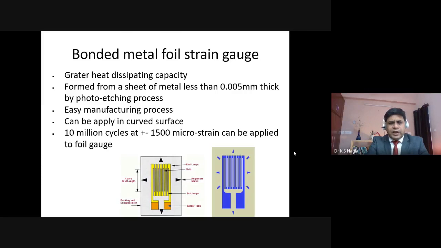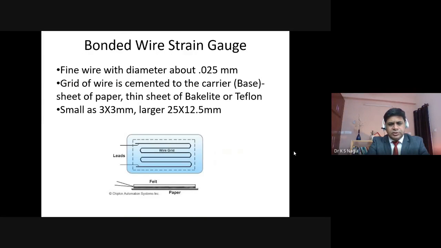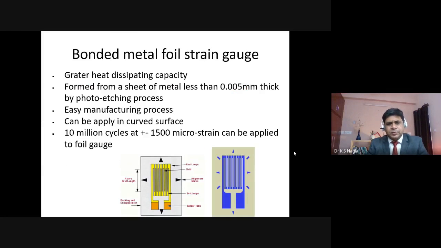The wire type of strain gauge has many limitations, since the wire takes up size, this wire type of strain gauge is larger. Construction is difficult, and the wires can also loosen, and the life of this type of strain gauge may be low as compared to the foil type of strain gauge. So if you want mass production of strain gauges, the foil type is very suitable. It has a great heat dissipating capacity also,